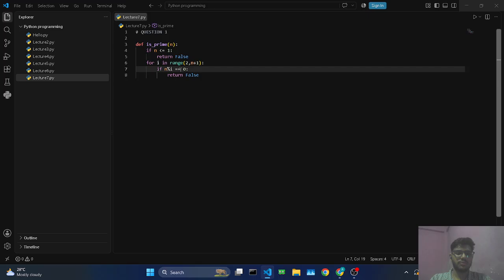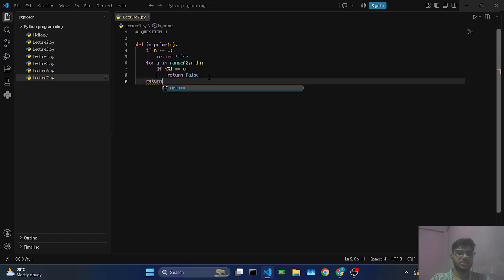When the remainder is 0, it means that particular i is a factor of n, so it will not be a prime. And if that's not the case, then